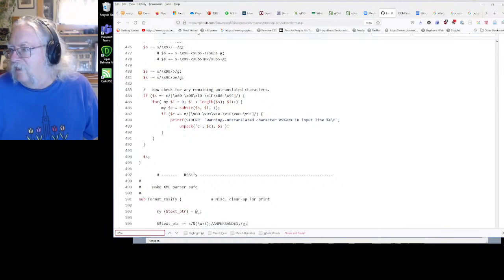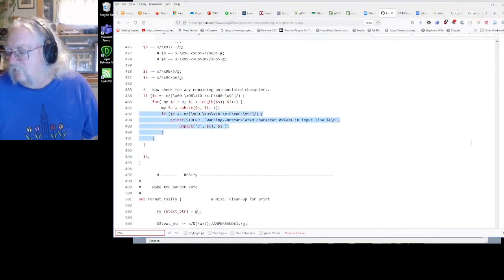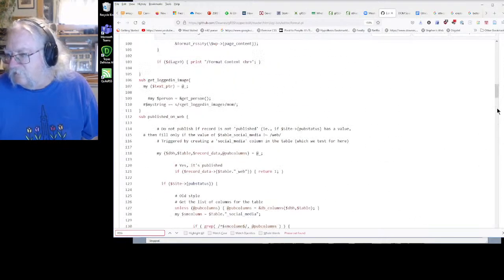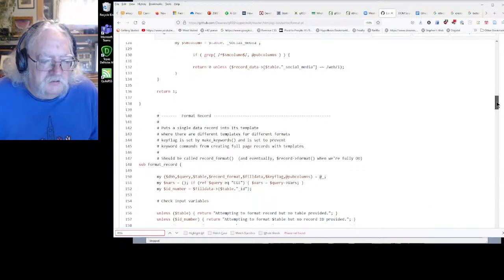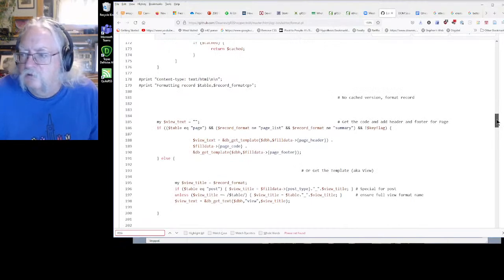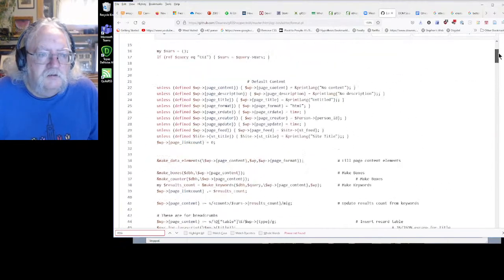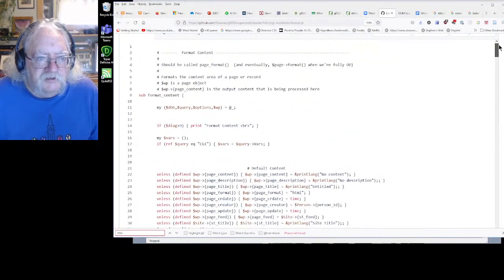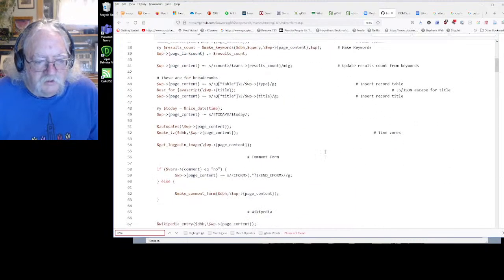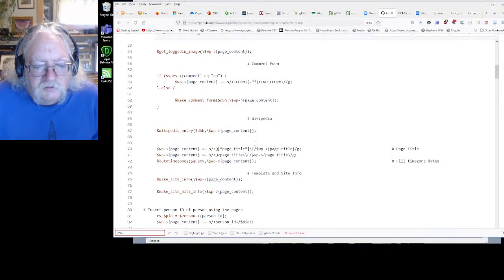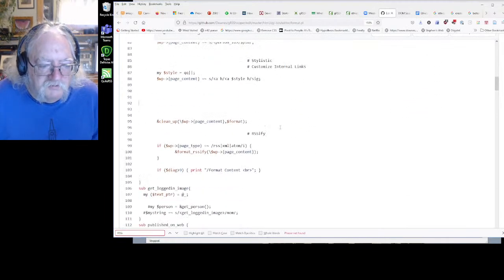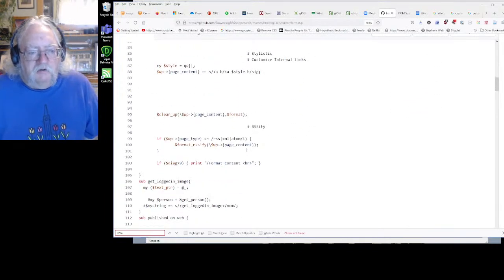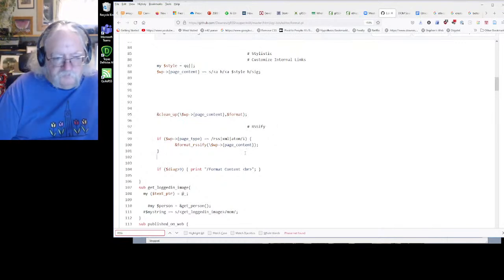That's the problem, right? I'm working with something inside something. See, so format record. How annoying is this? Format content. Here we go. See, I even have support for Wikipedia, which I haven't used for like ever. There we go. RSSify,